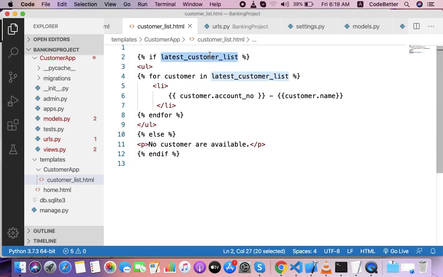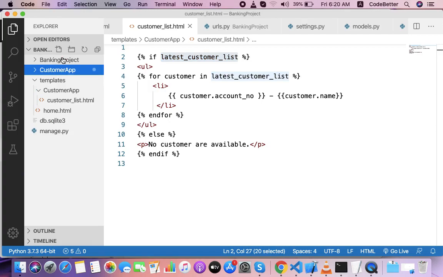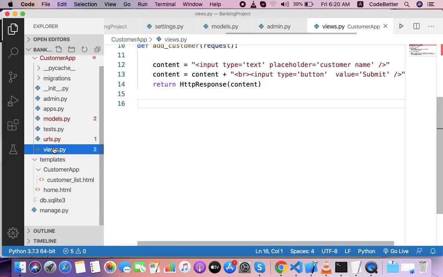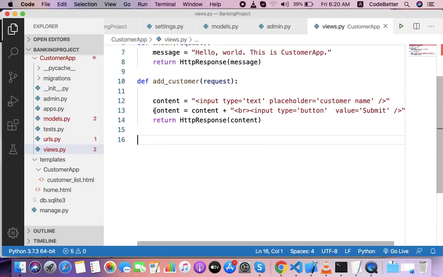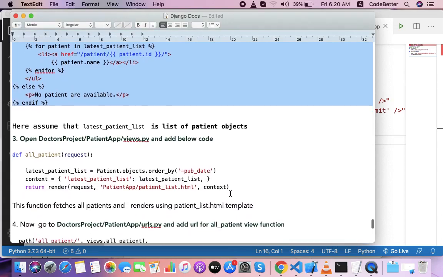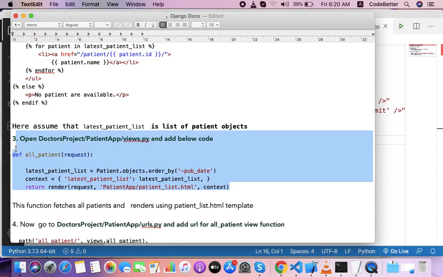Now let us fetch the data from the database and fill this customer list. So we go to views of my customer app, and here I will create a function to fetch the data from the database. The function which fetches the data is very simple.